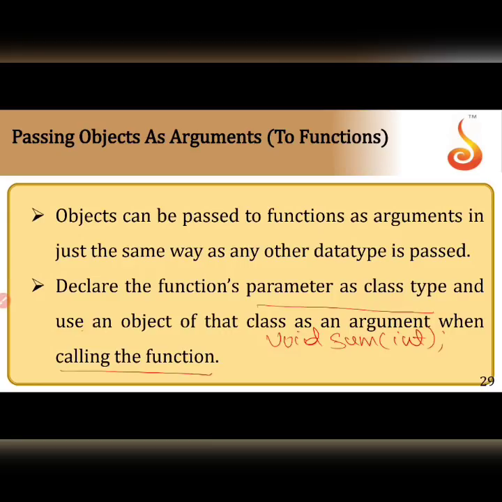But if I have to pass an object, for example, in the last program, if I want to pass an object of the class print to show, how will I do? Show does not return any value, so I will pass it like this. This is the function declaration where I say I am going to pass an object, the name of the function is show and it is not going to return any value. That is what it means.